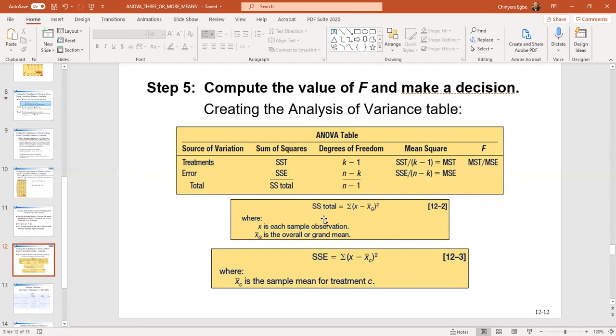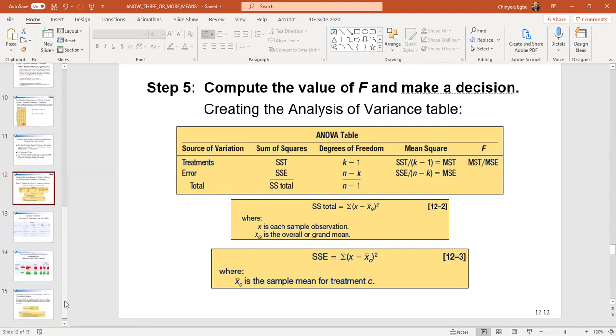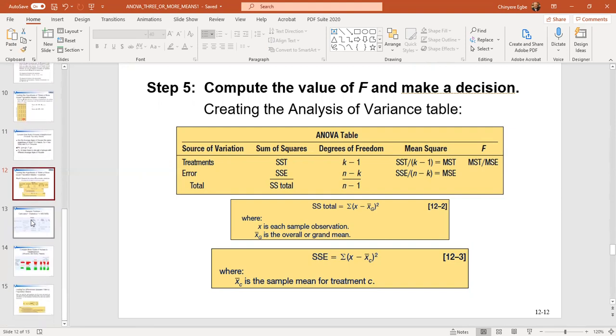Here, for example, the SSE, the residual errors, the mean square residual error is the summation of x minus x-bar, which is actually for each group. We will get to that kind of detailed calculation next time. All right. So now,